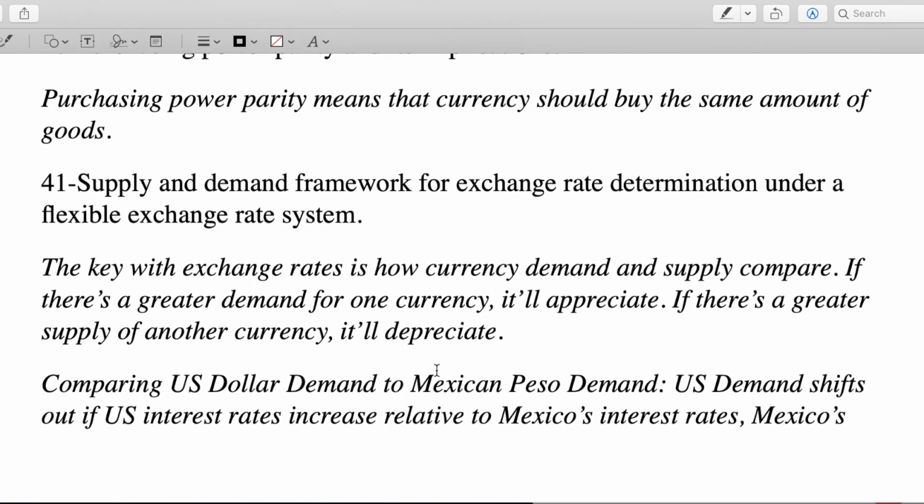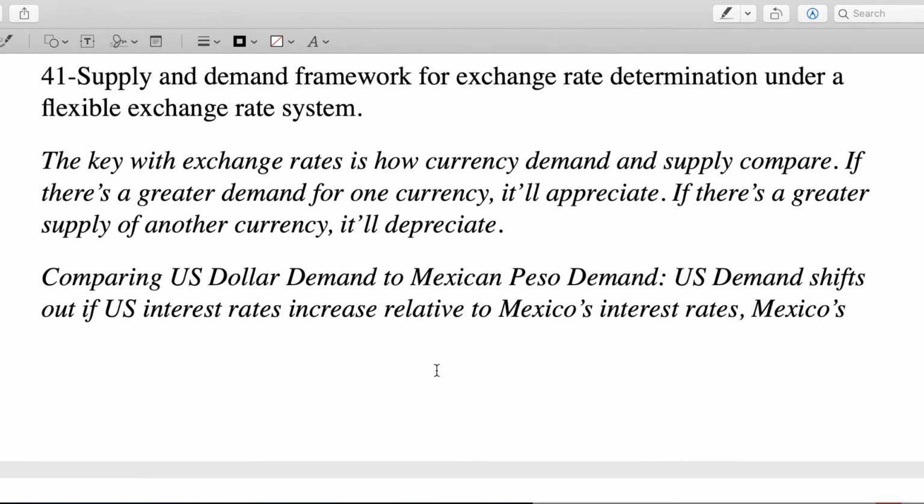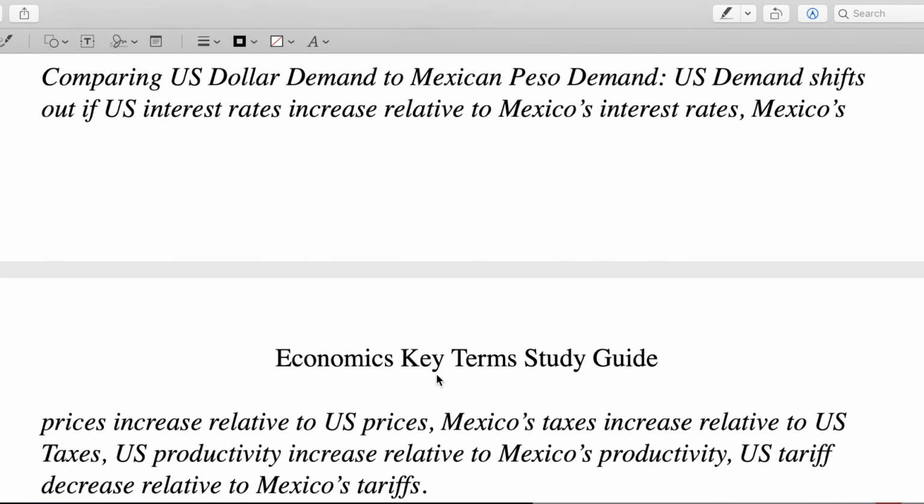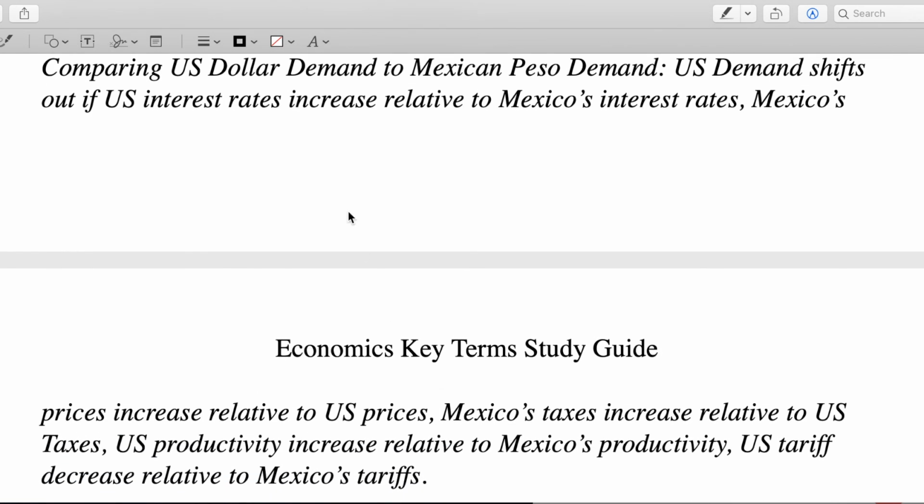So, supply and demand framework for exchange rate determination under a flexible exchange system. Again, the key is how demand and supply compare. If there's greater demand for one currency, it appreciates. If there's greater supply of another currency, it'll depreciate. So for instance, comparing US dollar demand to Mexican peso demand, the US demand shifts out